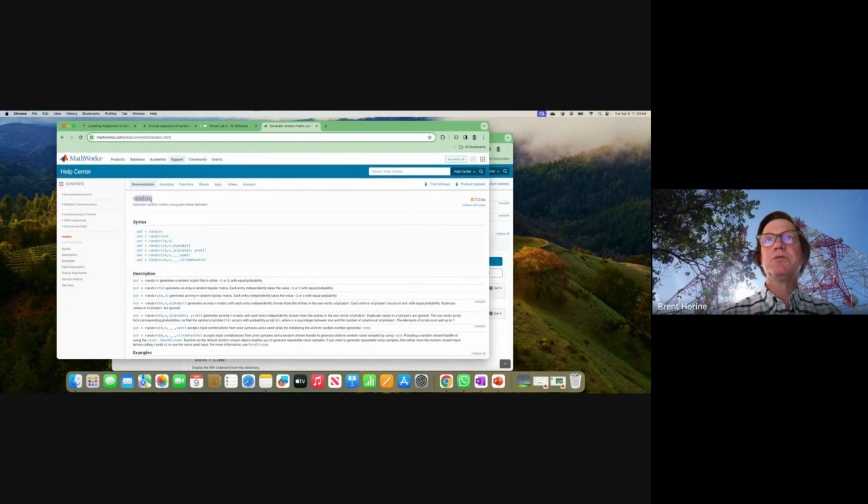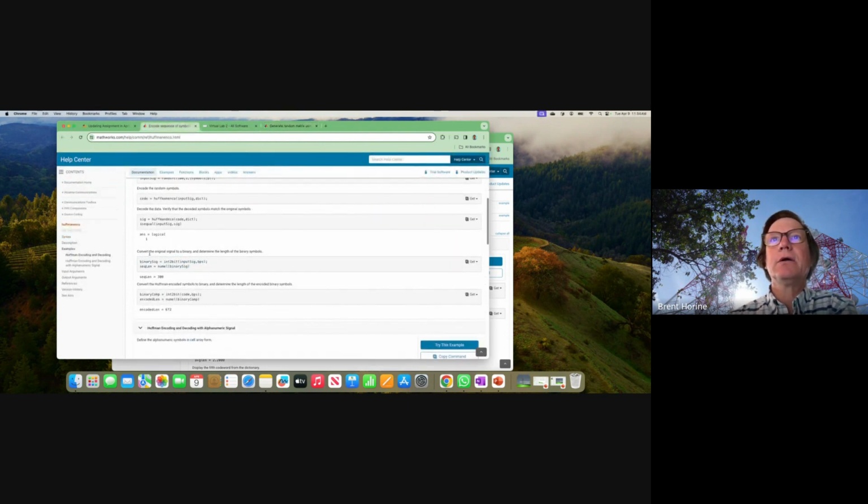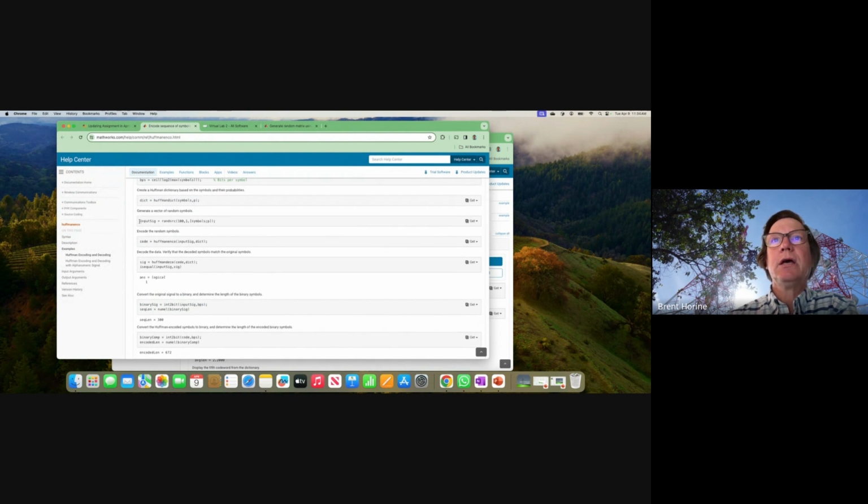Here's a random source. We've used rand and randi and that type of thing in the past to create random bits, random integers, and also here you can use this to create a sequence that's m by n that's drawn from this alphabet with these probabilities, right? So that's exactly what we're dealing with. And when you look at their example, they actually call this. Okay, so